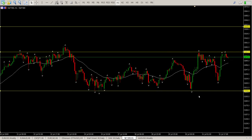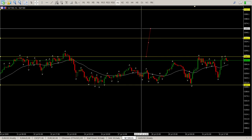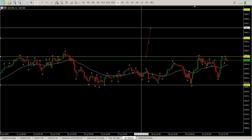Okay, pretty big head and shoulders here as well. So here's your shoulder. It's like a double head and shoulder, which could also be seen as a double bottom. If I just use that as my measured move, you'll see we are looking at 3360 as the measured move target, which is just above